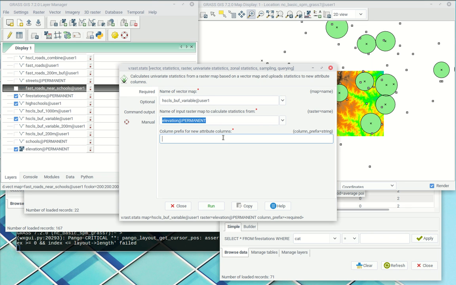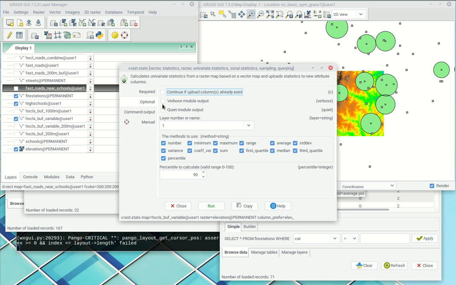So we're just going to give it a prefix, and then it will fill in the rest of the name of the column. So you want to keep the prefix short. I'll just call it elev. I'll put a little underscore there just so I can separate the prefix from what it automatically adds. Okay. Then I will go to optional, and I have all of these things over here that I can check